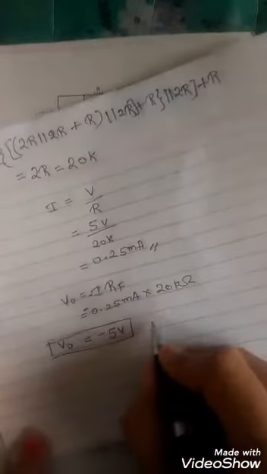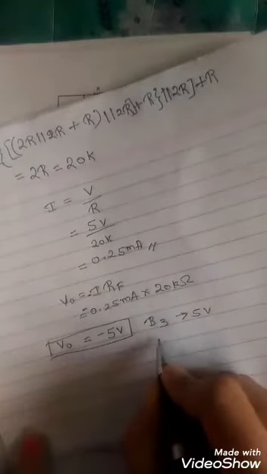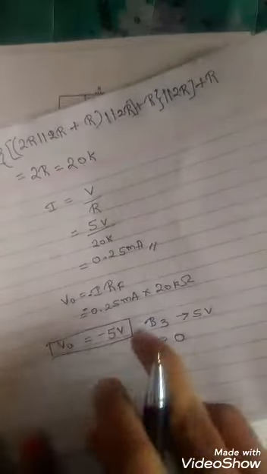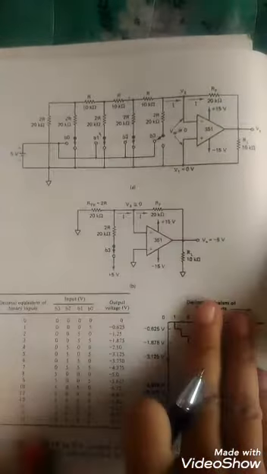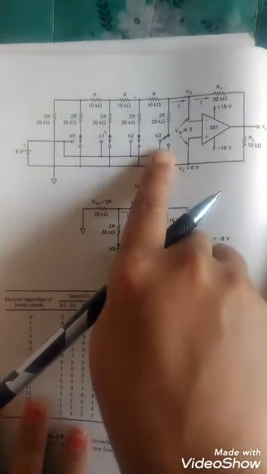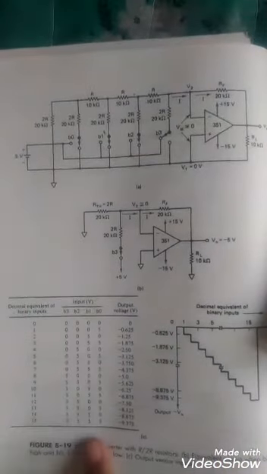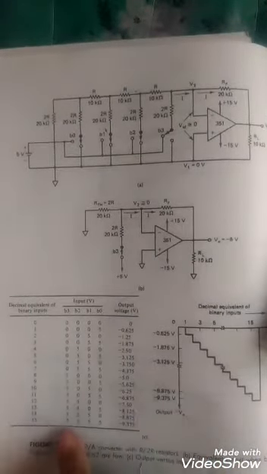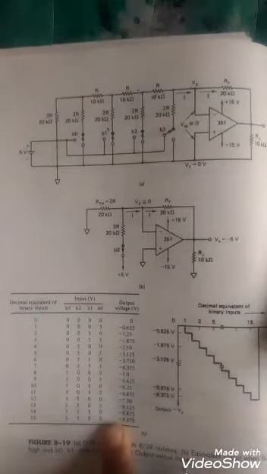When can I get this? When only B3 is connected to 5 volts. The remaining switches are connected to 0. This is the case. Then similarly we can solve for all the combinations of these switches. Only B3 is connected now to 5 volts, the remaining are connected to 0. Like this, the remaining combinations you can do, and you can fill the table like this. Here I will be having the table for all zeros up to all 5 combinations. All the switches you can connect to 5, or all the switches you can connect to 0, or any other combination also you can take there.